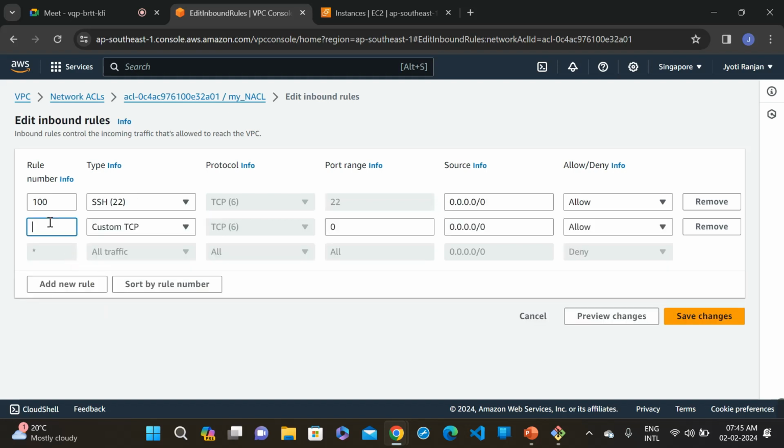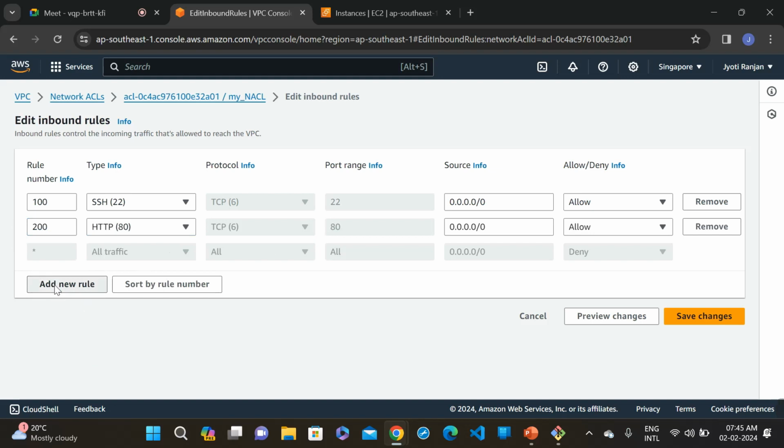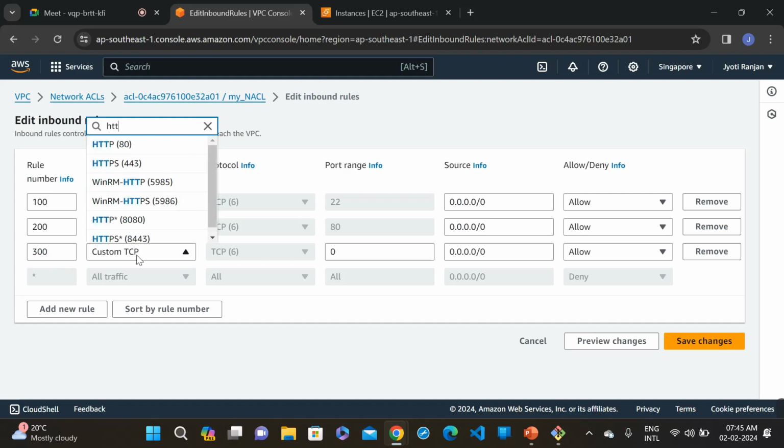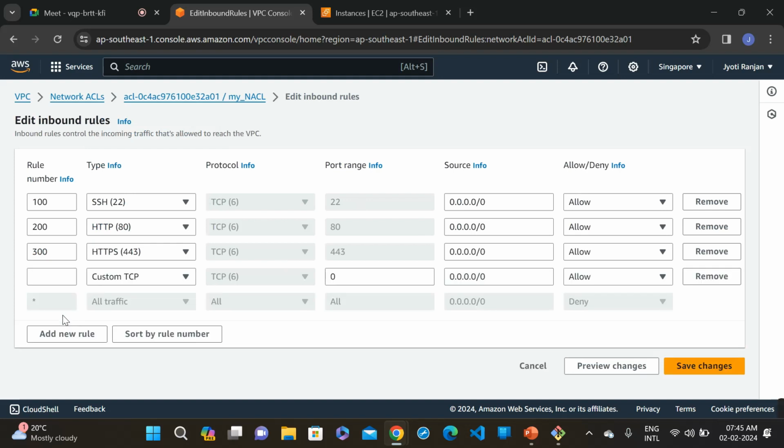And add another rule for 200, for HTTP, right? And add 300 for HTTPS, right? And add another like 400, right? Custom TCP, and give the range, this range, right? And set the change